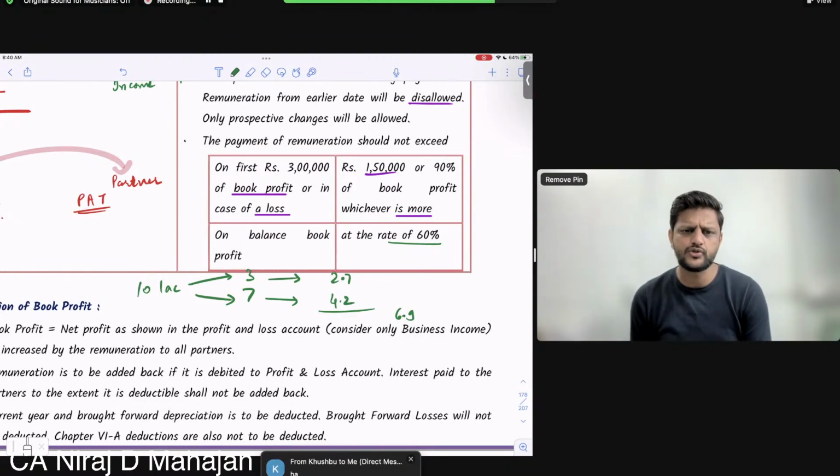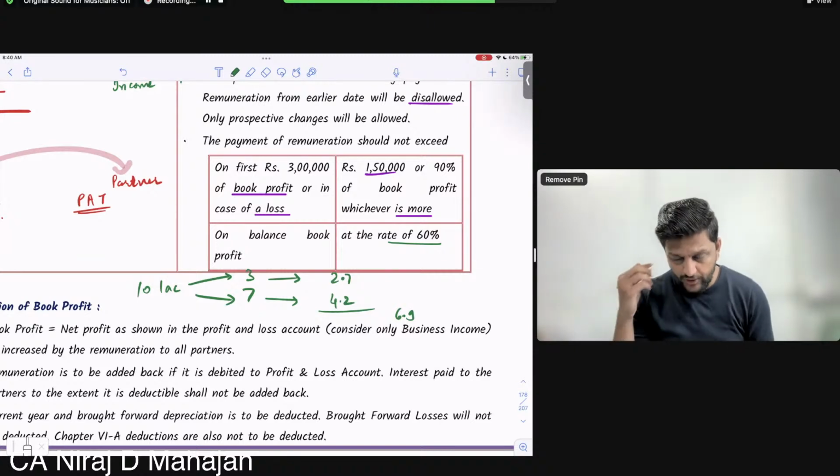And like the slab rates we did, bachcho. What did we do? If the book profits are more than 3 lakhs, divide the first 3 lakhs and the remaining at the rate of 60%. Clear? Now you tell me, bachcho, in this example, if the total remuneration paid is 8 lakhs,